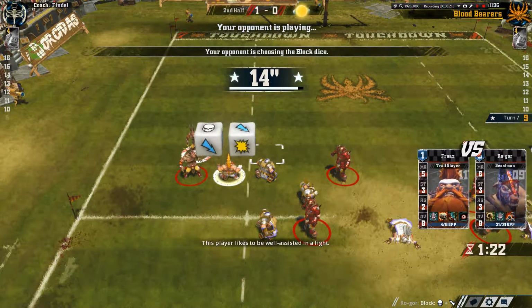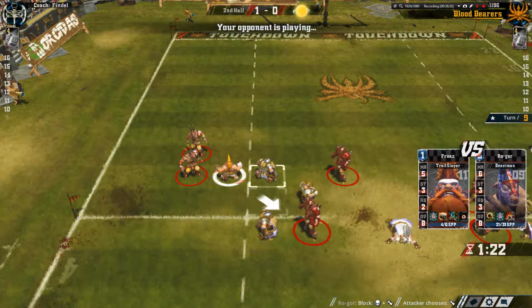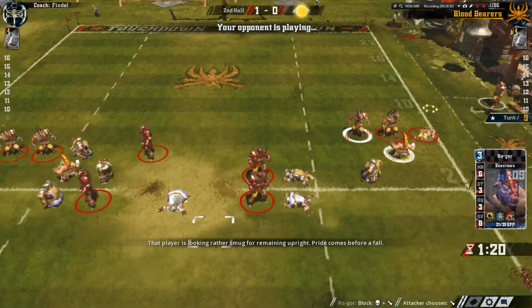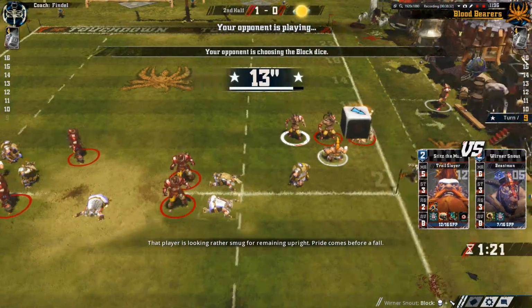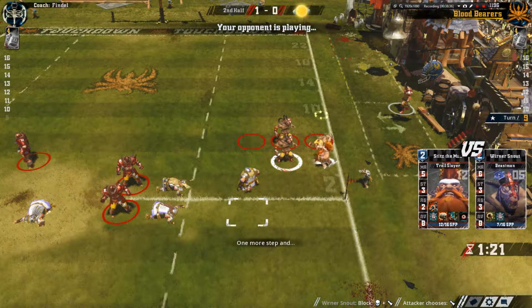This player likes to be well assisted in a fight. Now, the one advantage is that he has no more rerolls this turn. That player is looking smug for remaining upright. Pride comes before a fall. So if any of the dice mess him over, he's done. One more step and...